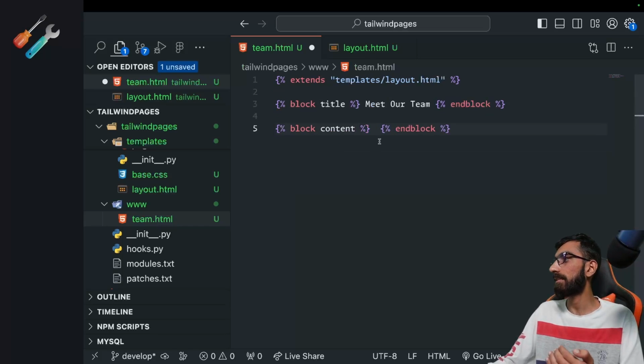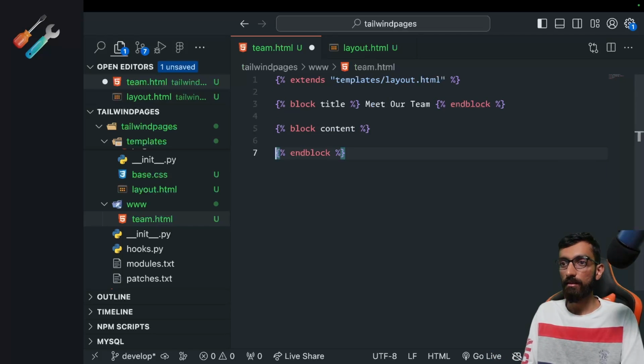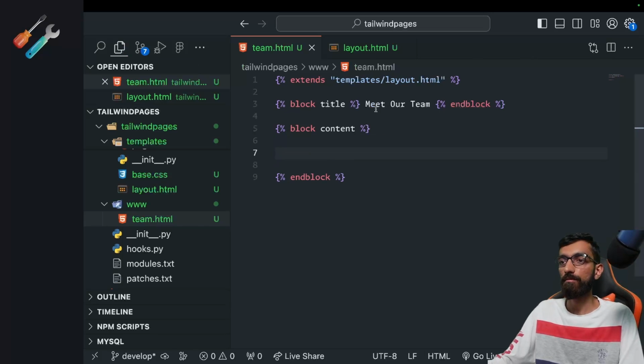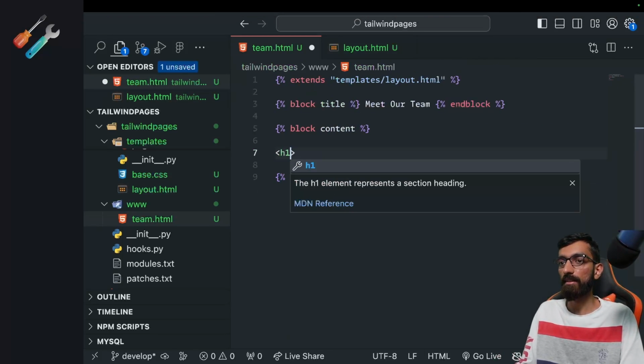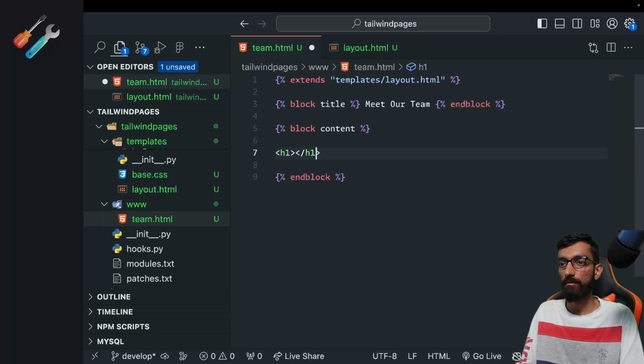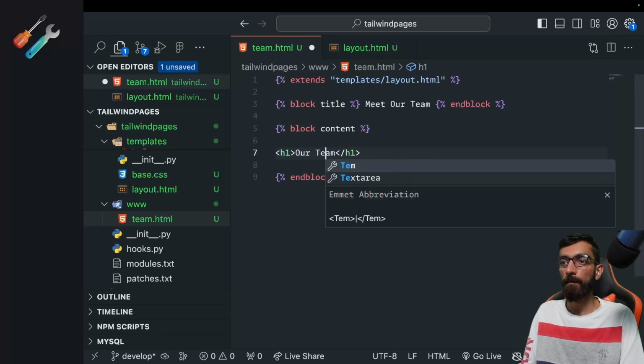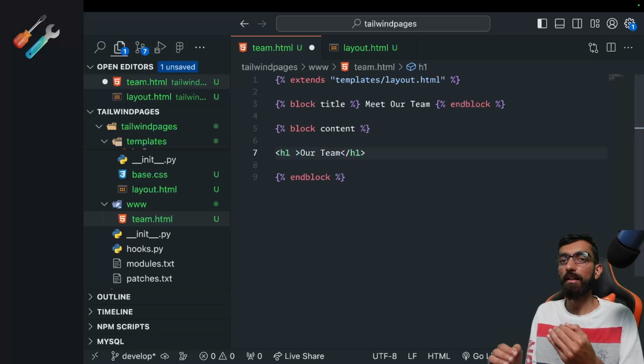Here what I will do is I will write all the HTML that I need to, right? So for that I will just bring back the h1 that we wrote, right? Our team. I don't know why I always type T instead of R. They are very adjacent on the keyboard. So let's say